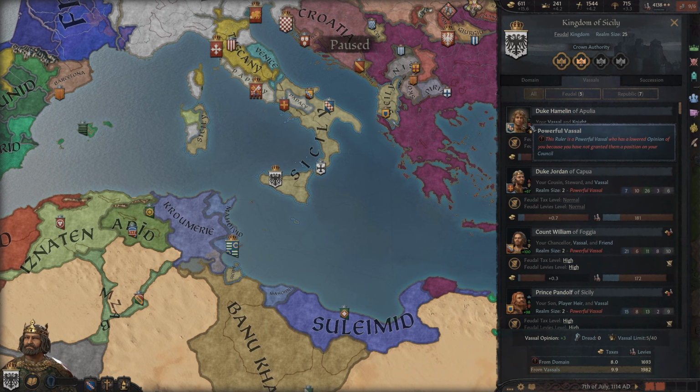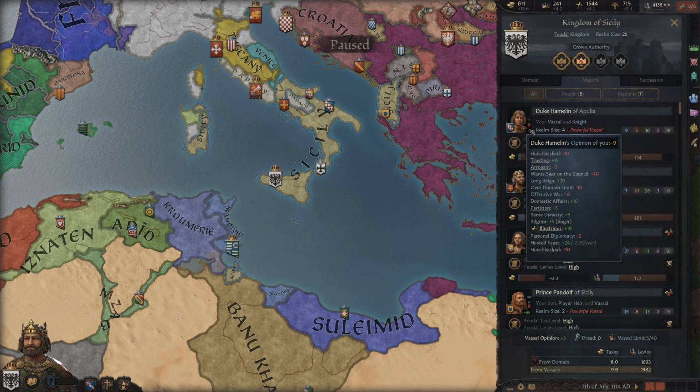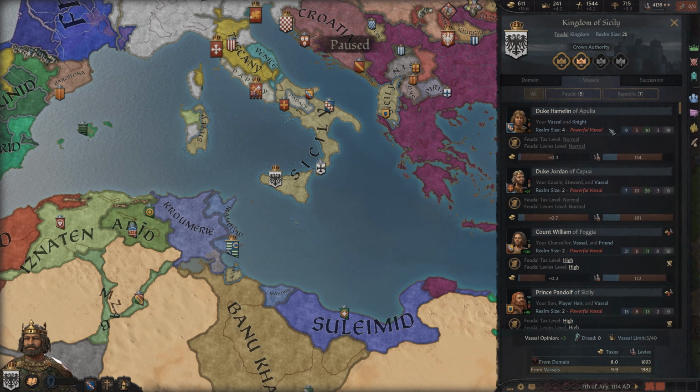is a powerful vassal. And as you well know, probably by now, if they are not on the council, they will suffer a -40 to opinion. So it's important to know who these 5 or 4 or 3 powerful vassals are, because you can then sway their opinion one way or another. It's important to note too that a powerful vassal has an innate penalty to swaying their opinion. It's a little bit harder to do. So the green and red fist will help you determine just at a quick glance who is on your council from the vassal menu itself.